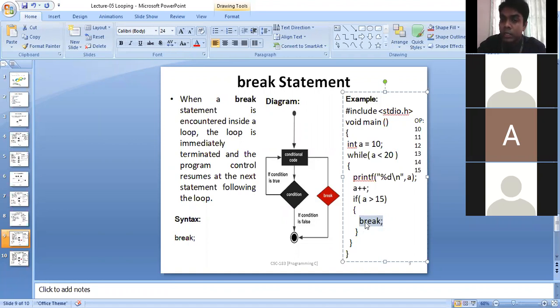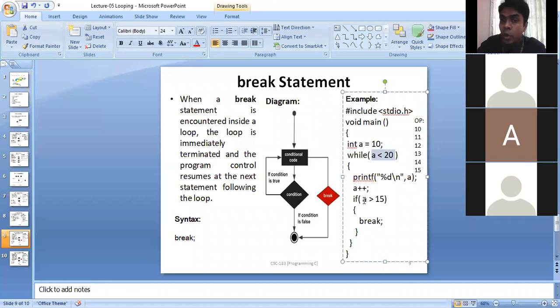Then it stops the loop and goes out from the loop. That's why it prints till 15, not till 19. You understand my point? I'm printing 10 to 19, isn't it?